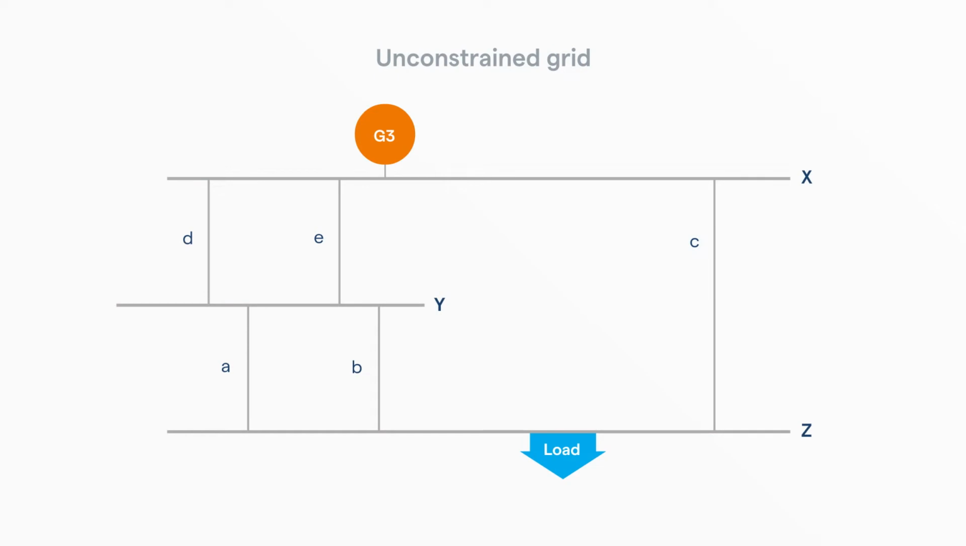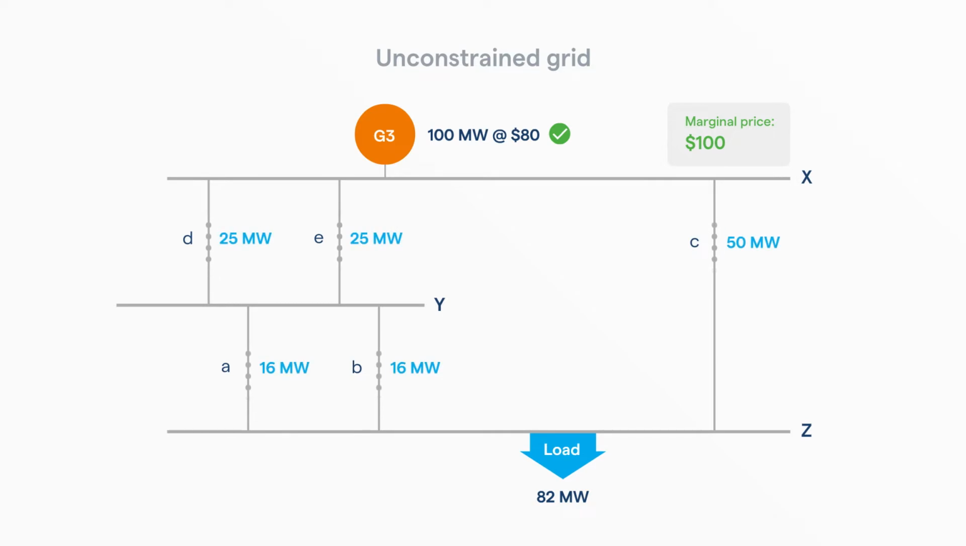Let's start with an unconstrained grid. The marginal price is $100. The generator at bus X offers 100 megawatts at $80, which is below the marginal price. There is an 82 megawatt load at bus Z, and the excess generation goes to the rest of the system